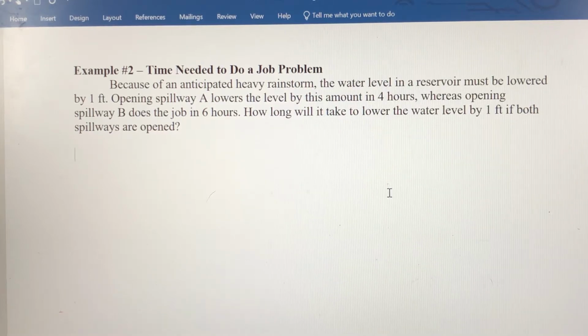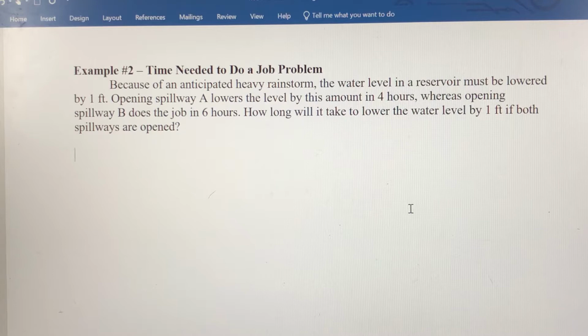Okay, so in this video, we're gonna work on modeling still. We've got a different type of problem that we're gonna model here. It's time needed to do a job, okay? So in this situation, we've got a heavy rainstorm coming. The water level in a reservoir needs to be lowered by 1 foot to accommodate the water that's coming in